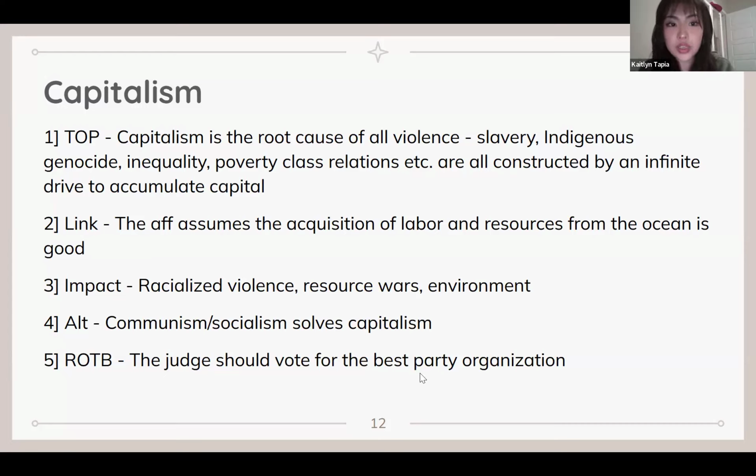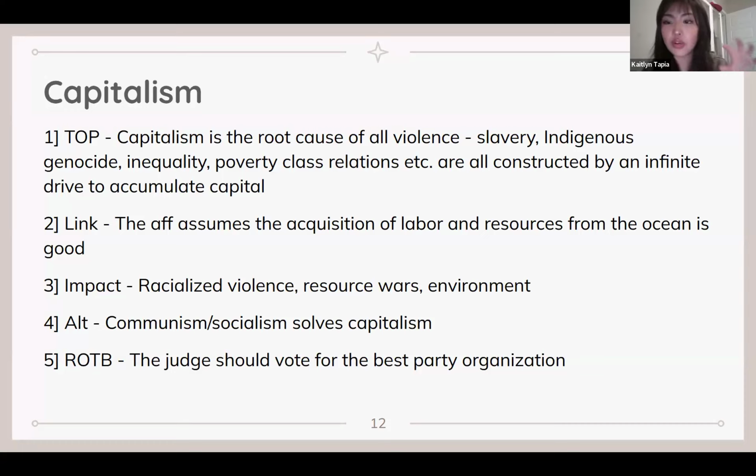Second, let's go over the link. The AF assumes that the acquisition of labor and resources from the ocean is good. So this is specific to the UNCLOS and ICC topic in LD. I guess presumably if the affirmative is reading an UNCLOS AF and says that we should engage in deep sea mining, for example, the negative could read a link off of the assumption that the AF thinks that it is